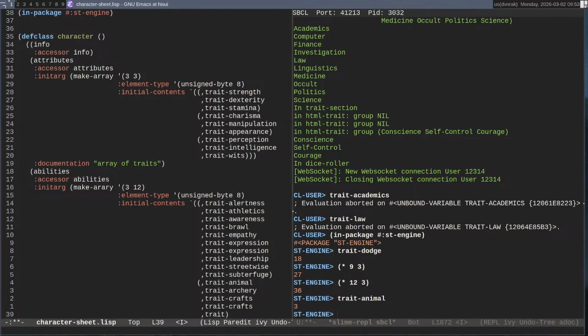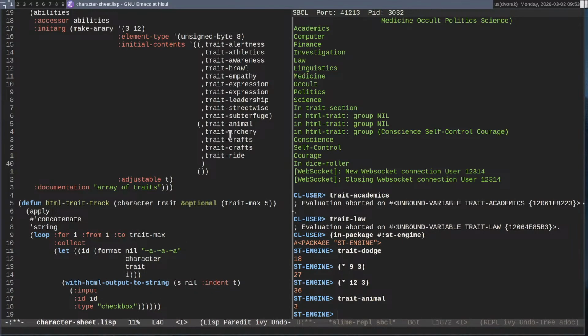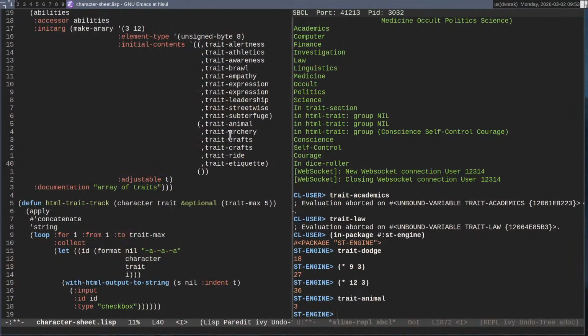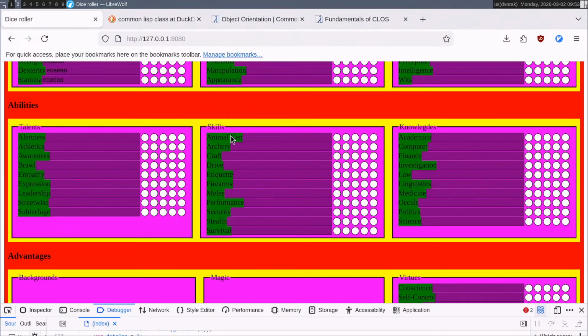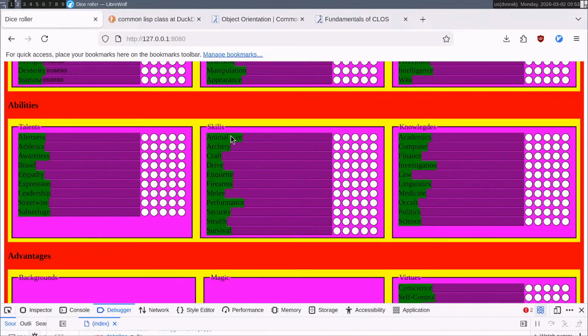Why have I got drive? I don't want drive. Let's go ride. Etiquette. Firearms. I don't want firearms. Let's go melee.